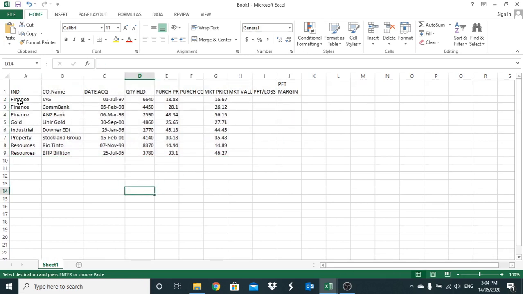What we need to do is freeze the panels. So we're going to freeze the top panel over here. To do that,